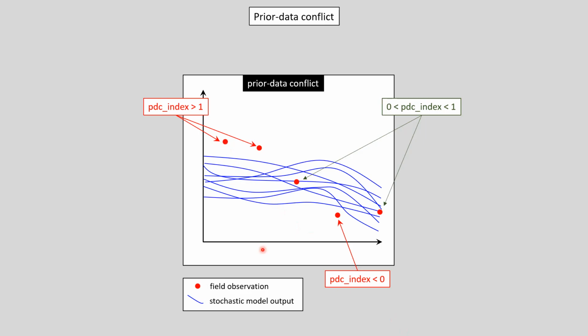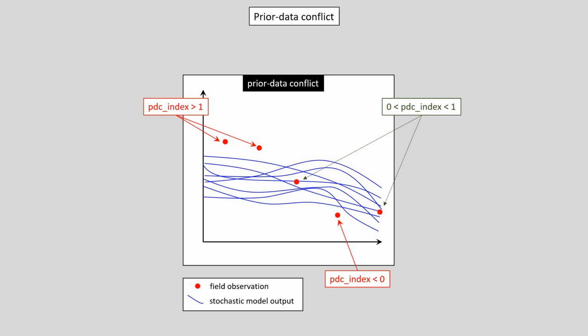A field measurement has a PDC index of greater than 1 if it's greater than any of the model calculated counterparts to that field measurement, calculated using realizations of prior hydraulic probability distribution. The PDC index is less than 0 if the measured value is less than any stochastic model output of the same